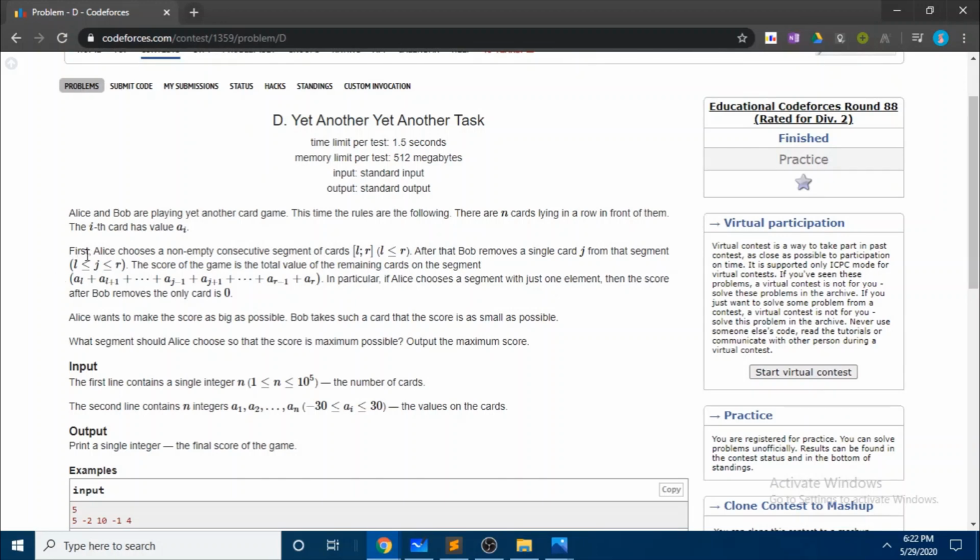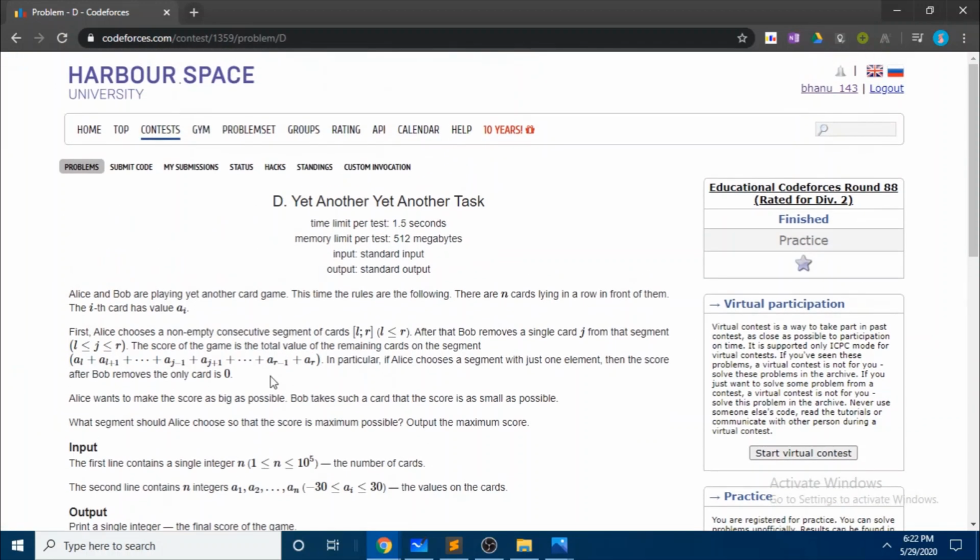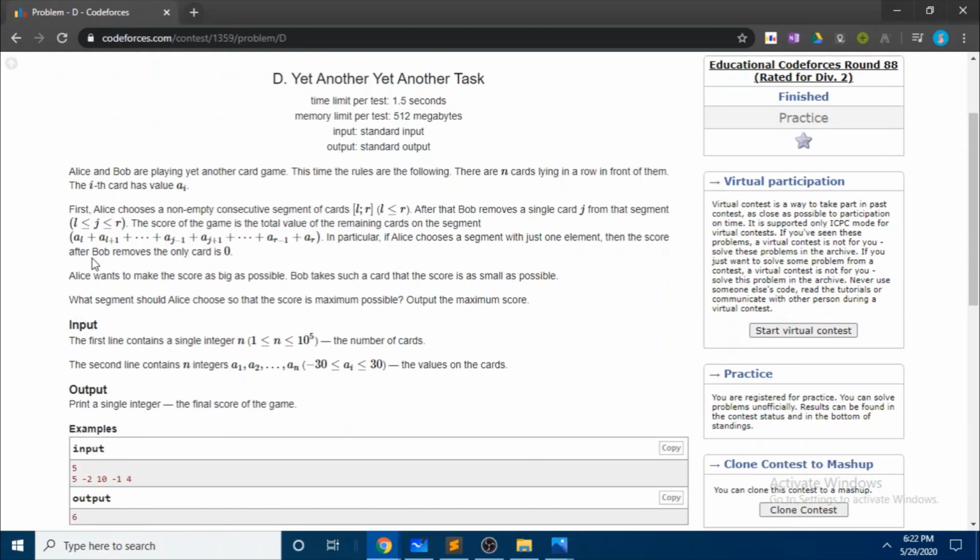What Alice will do is choose a non-empty consecutive segment of array A, which means a subarray of array A. What Bob will do is remove the element j from the segment chosen by Alice. So the score of Alice will be the sum of the elements of the segment after removing the jth element by Bob. Alice wants to make her score as big as possible.